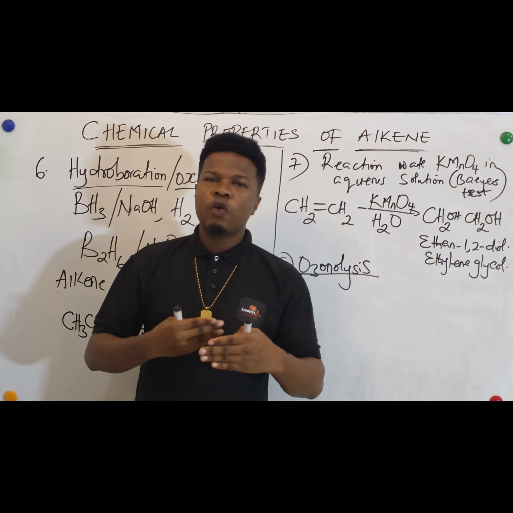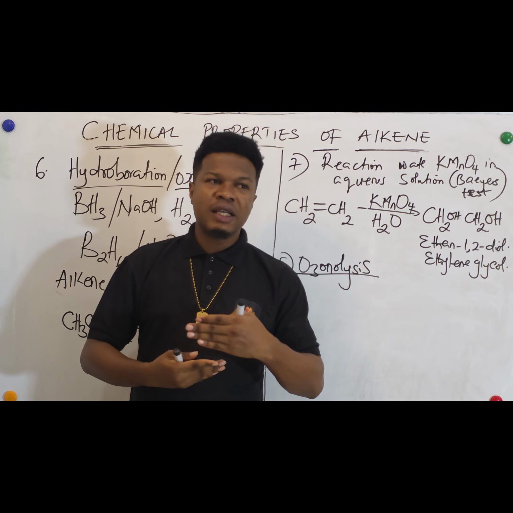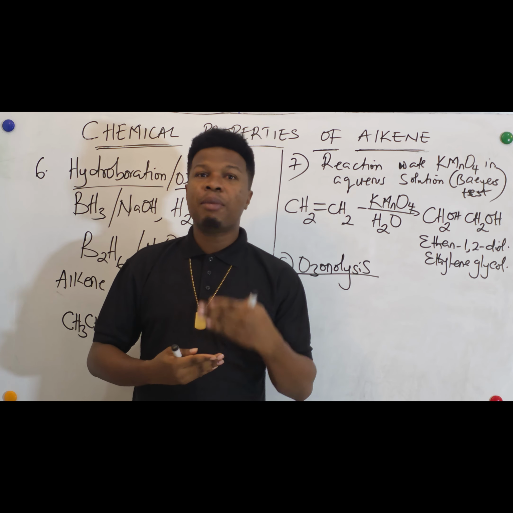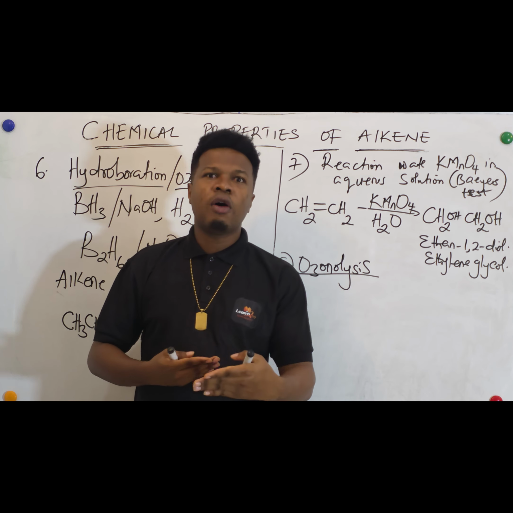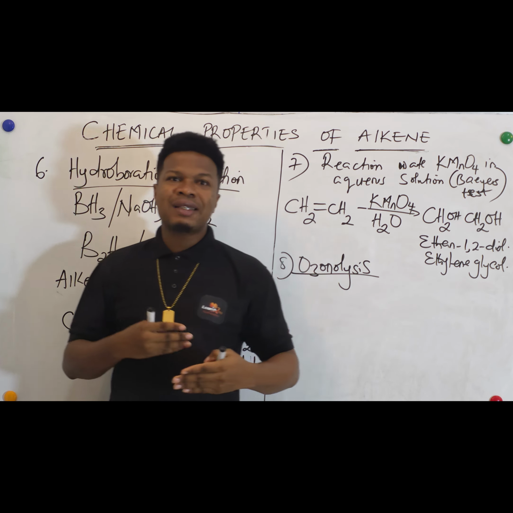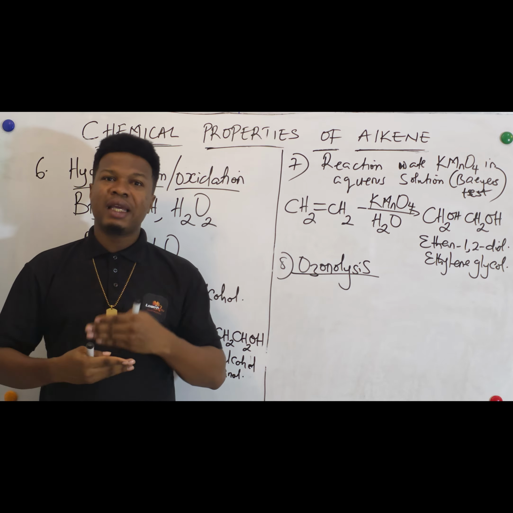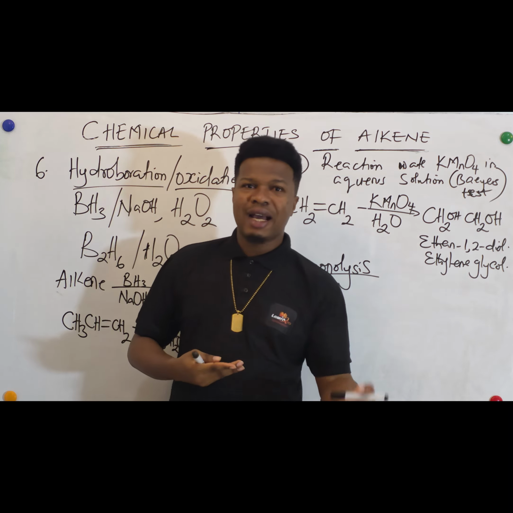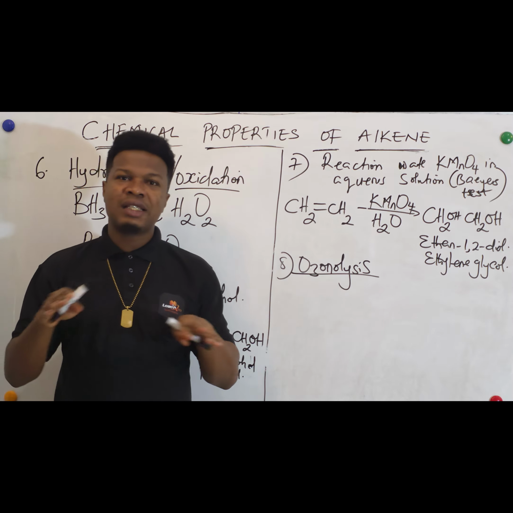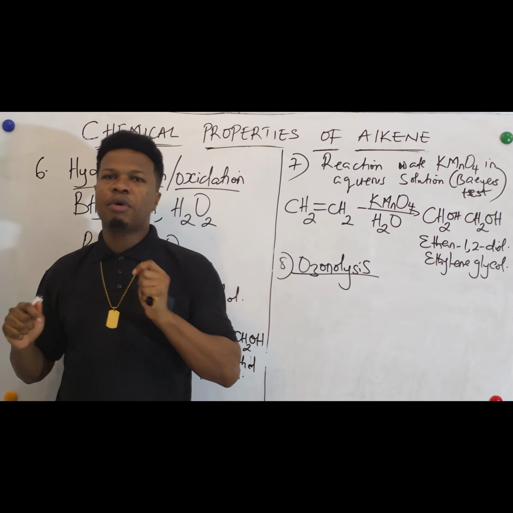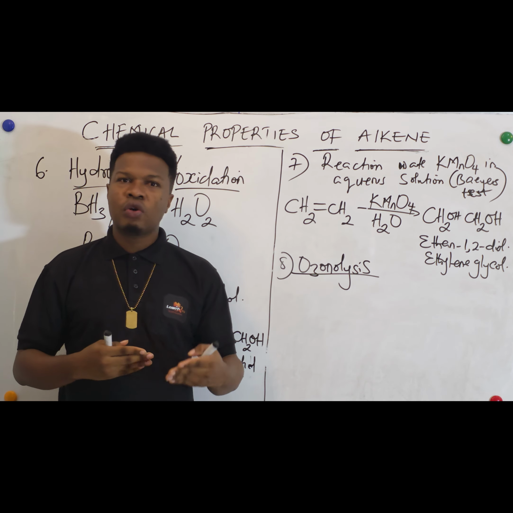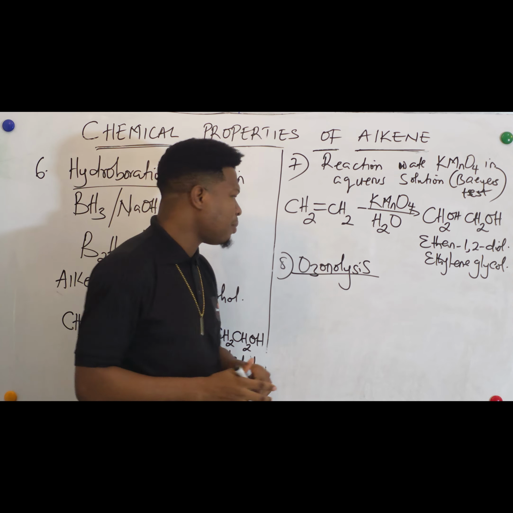That ozonide will further react with zinc in water or zinc in sodium bicarbonate to form a carbonyl compound. The carbonyl compound that is formed, depending on the alkene, is either an aldehyde or a ketone. So let me show you the shortcut of getting this answer without passing through all these long steps, okay? If you are given an ozonolysis of an alkene with ozone and zinc in water, let's say for example, I have